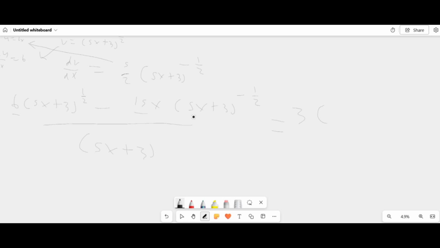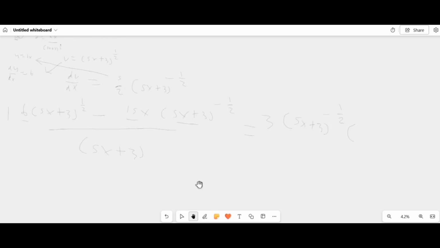Alright, so take out 3, yeah? And then 5x plus 3, this is the smaller one because it's minus a half. So you need to take out (5x plus 3) to the power of minus half, and then open a bracket here. Divide 6 by 3, that's going to be 2. Divide (5x plus 3) to the power of a half by (5x plus 3) to the power of minus half. We talked about this before: minus minus is going to be 1. So you're just going to be left with 2 open bracket 5x plus 3,